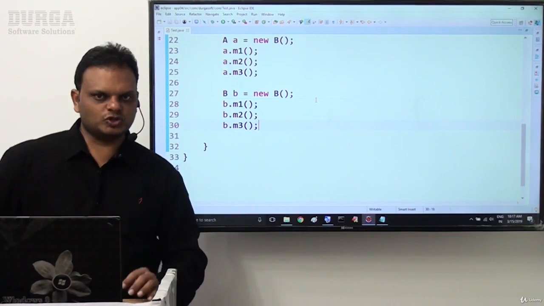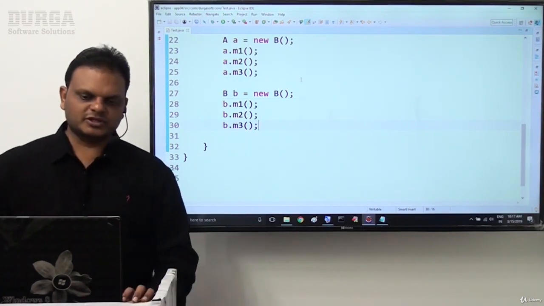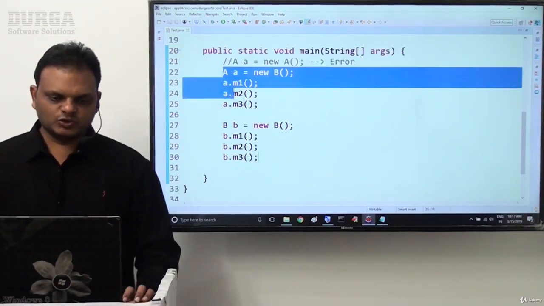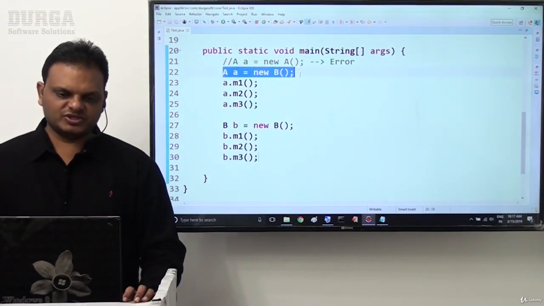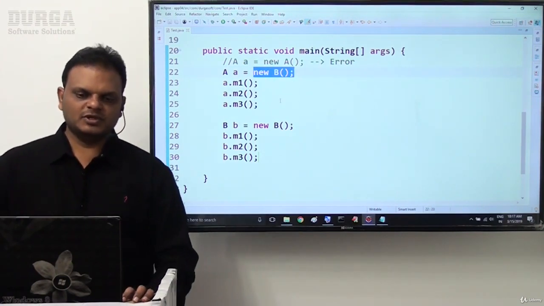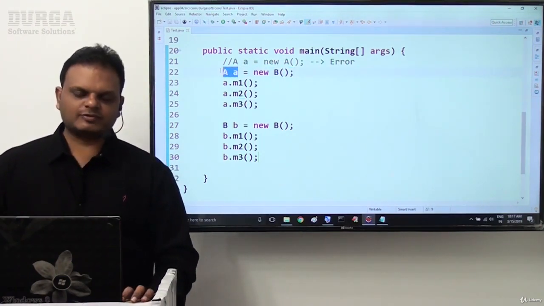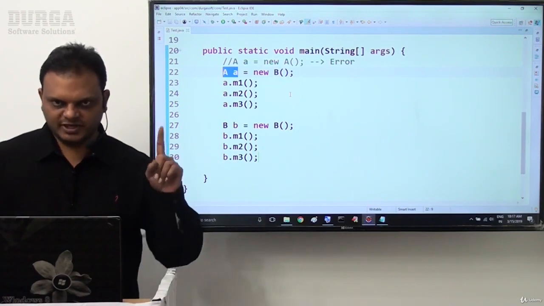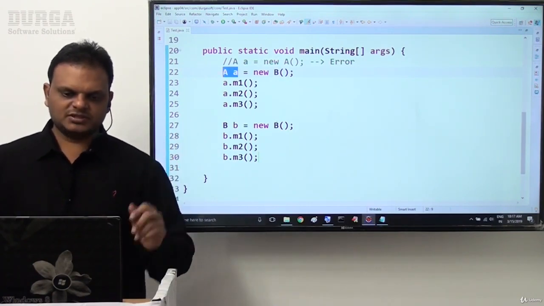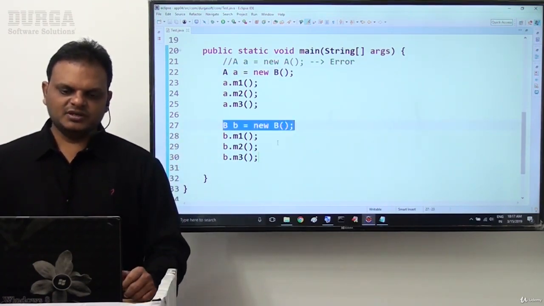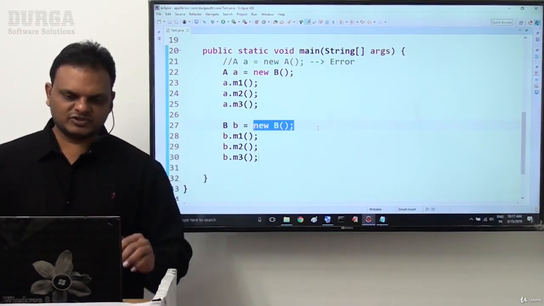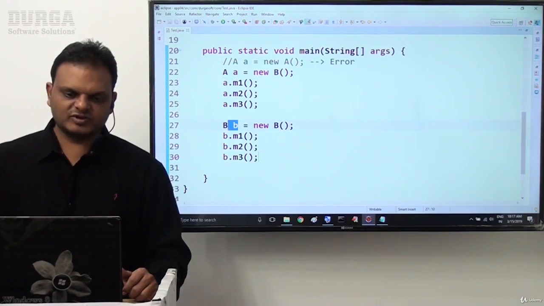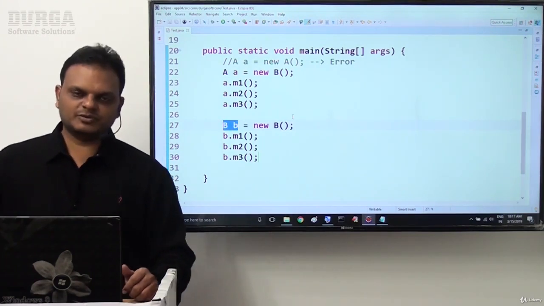But here I have a question now. What exactly is my question? If you observe these two code blocks, in the first code block, in this invocation, we created an object for the subclass, that's fine, no problem. And we created the reference variable for the abstract class. Remember this. In this invocation, again we created an object for the subclass, no issues, but we declared the reference variable for the subclass, not for the abstract class.